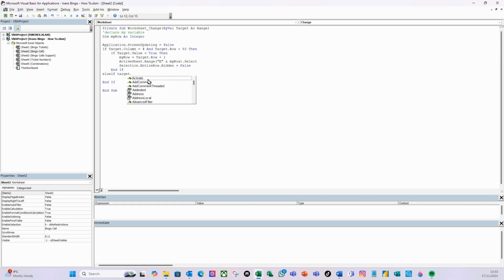target.column equals 4 and target.row equals 93, and let's add another and there and do and if the target.value equals true, then